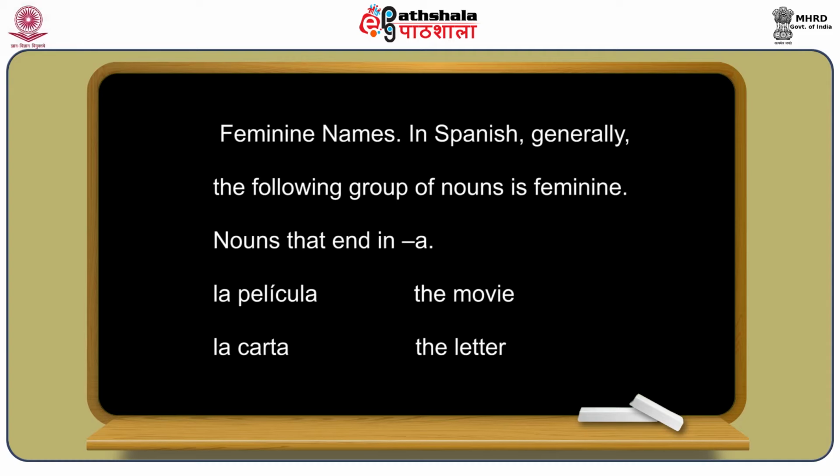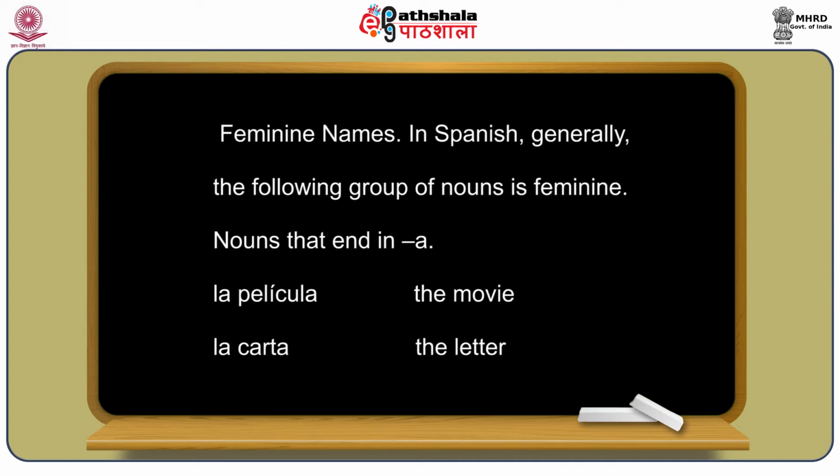The following group of nouns is feminine. Now, all those nouns that end in a. So nouns that end in o are masculine, and nouns that end in a are feminine. For example, película, ending in a, is feminine, which means movie. So, la película. Same way, carta, ending in a, that's why it is feminine, and it will be la carta,